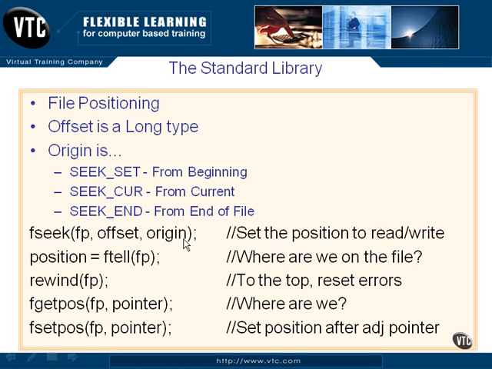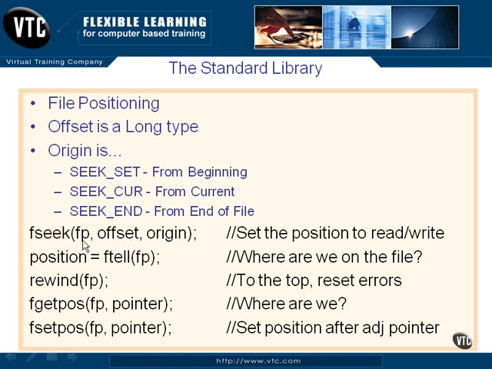This origin value, you remember seeing this from the seeks that we had earlier when we talked about file handling. SEEK_SET is from the beginning. SEEK_CUR is from the current file position, and SEEK_END is from the end of the file backwards. fseek, here's the file pointer, the long offset value, and the origin. So that sets our position based on the origin, SEEK_SET, CUR or END, and the offset of this